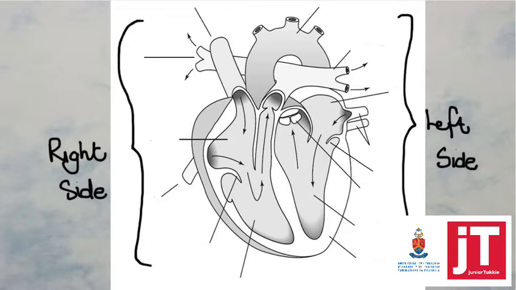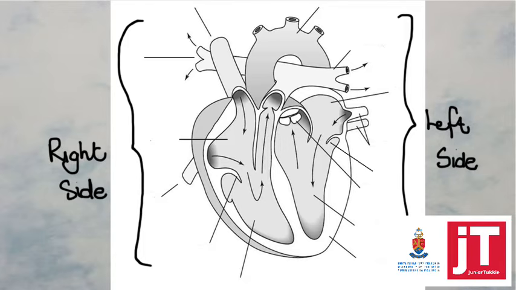First thing for us to identify is the right and the left side of the heart. Some of you may have already realized that when I'm looking at the heart on a two-dimensional piece of paper, my right and left side seem to be swapped around. This is because the heart itself has a right-hand side and a left-hand side, and it's not only me looking at the picture. So we see that the right side of the heart is actually on my left-hand side,